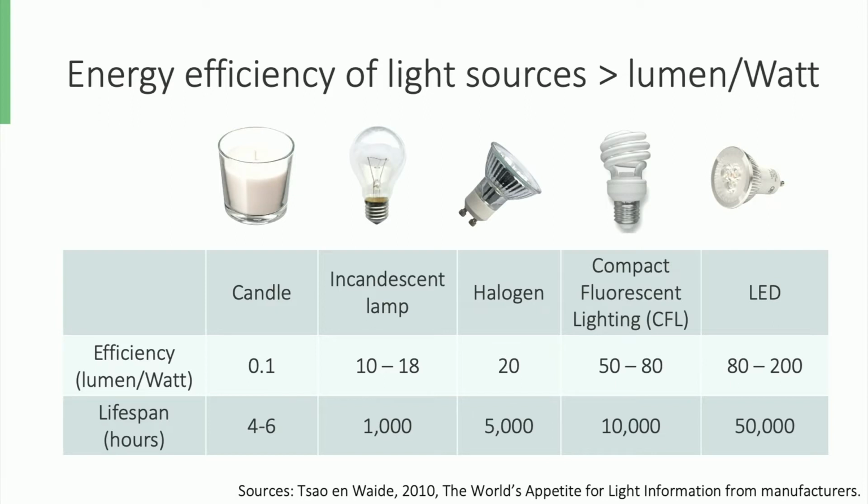This was followed by compact fluorescent lighting, CFLs, entering the market with even higher efficiencies and lifespans. Finally, most recently, LED, light-emitting diodes, came on the market with a further doubling of the efficiency and lifespans compared to CFLs. This table shows the enormous increase in efficiency of lighting that has been achieved over the last decades.